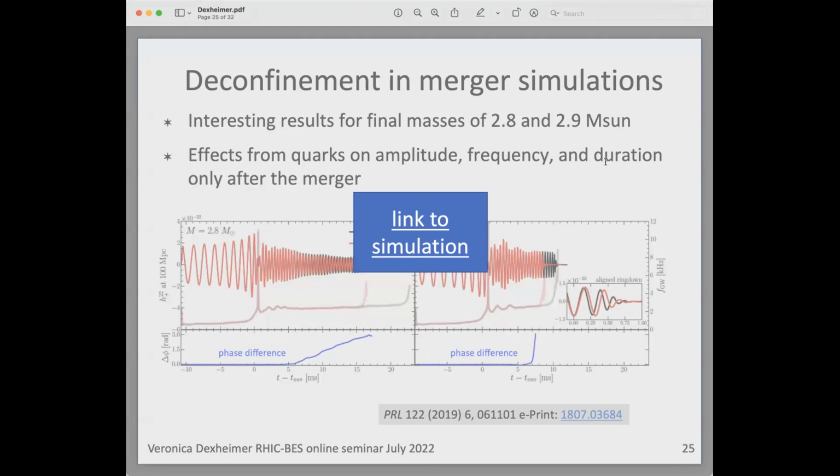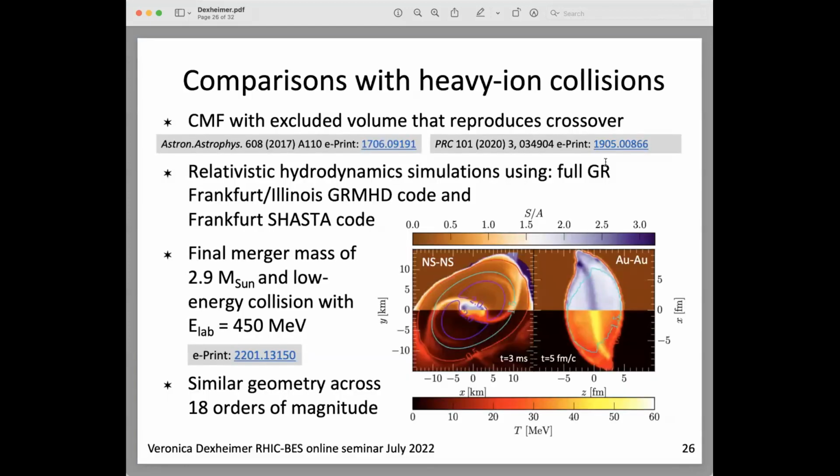And in the final 10 minutes of my talk, I would like to discuss a more detailed comparison with heavy ion collisions. This was done with a different version of the chiral mean field model, which was better developed to be used in heavy ion collisions. This version has an excluded volume and also parity doublets. It was developed by Jan Steinheimer and more recently calibrated by Anton Motornenko. It reproduces a crossover throughout the entire phase diagram. And here I'm showing the simulation that was performed with the same code for general relativity and the merger, and for the heavy ion collision